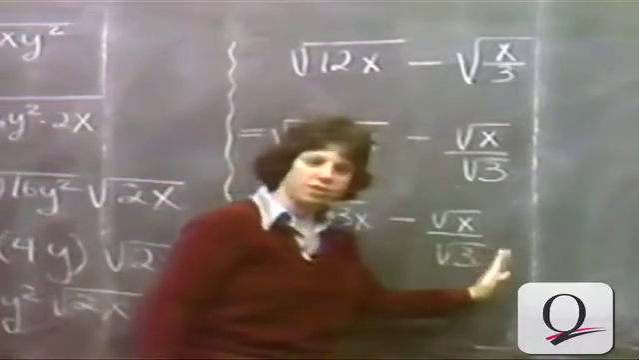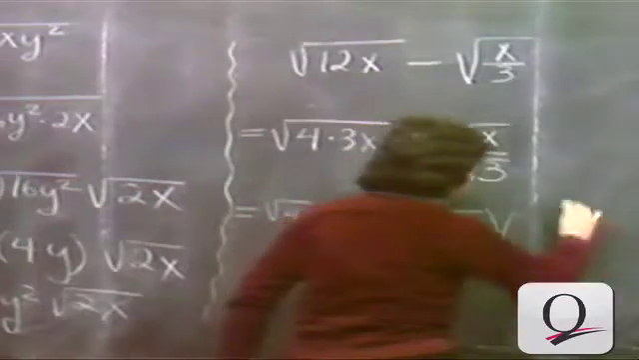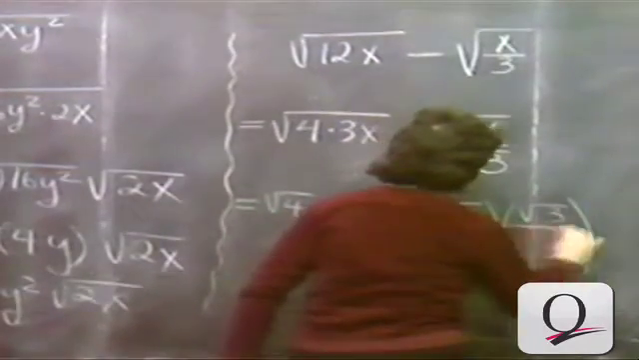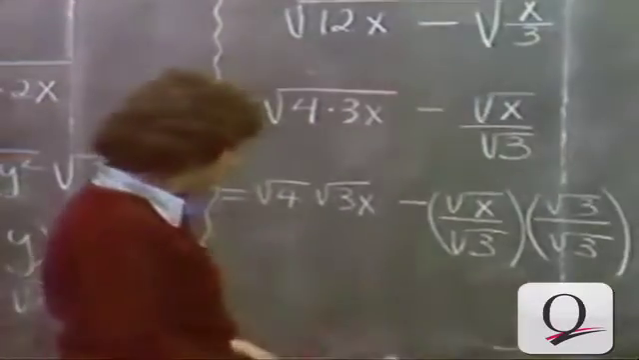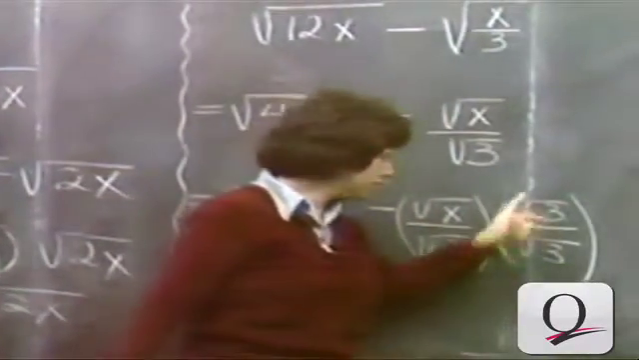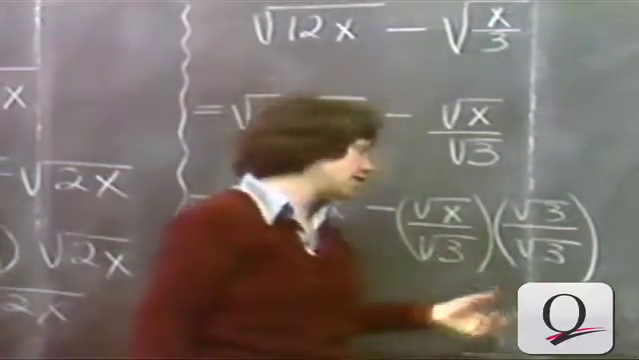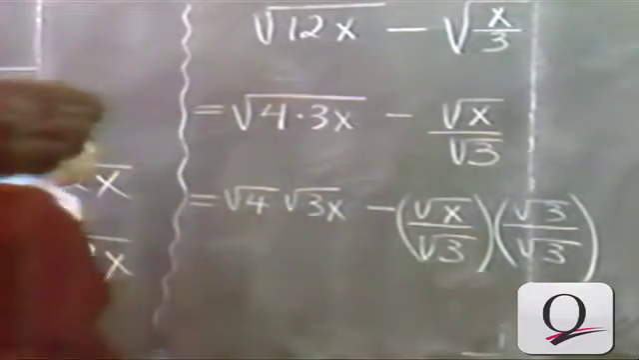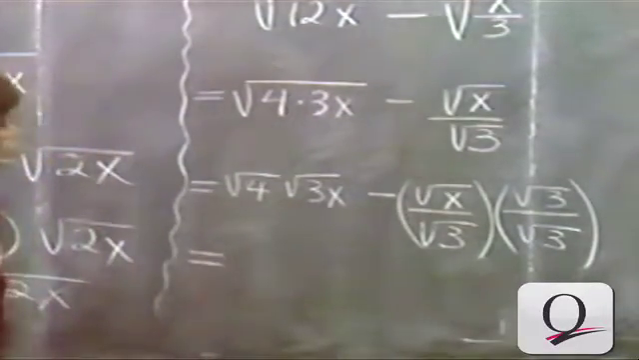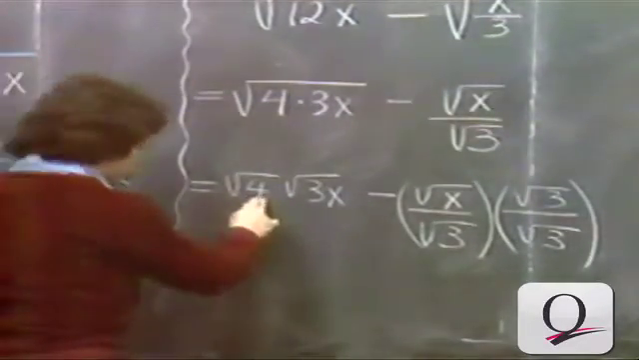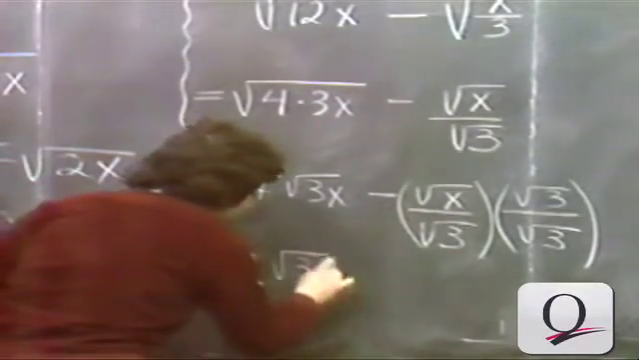Okay, and the way to handle this is to rationalize the denominator, that is to multiply numerator and the denominator by the radical in the denominator, namely the square root of 3. We are multiplying numerator and denominator of a fraction by the same quantity. We will get, therefore, an equivalent fraction. Okay? Back over here on the first term, we have the square root of 4, which is 2. This gives us 2 times the square root of 3x